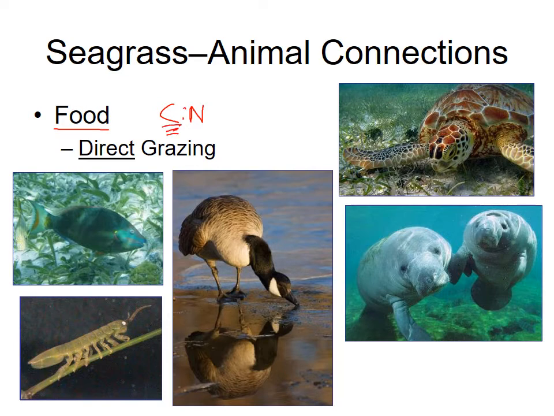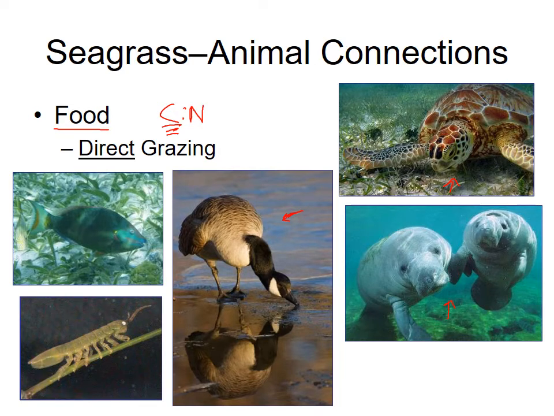High carbon to nitrogen ratio. But there are some organisms that have digestive systems that can deal with this low nutritional quality food source. So this is the green sea turtle here, which loves to eat seagrass. Manatees eat seagrass. Waterfowl eat seagrass and are some of the major seagrass grazers in temperate environments, whereas a lot